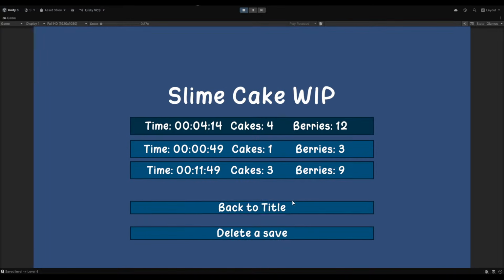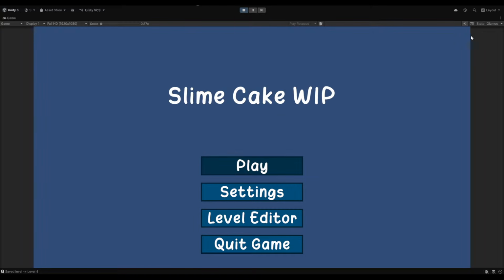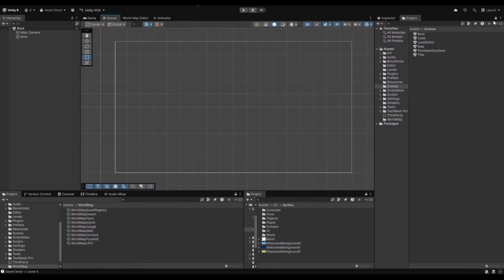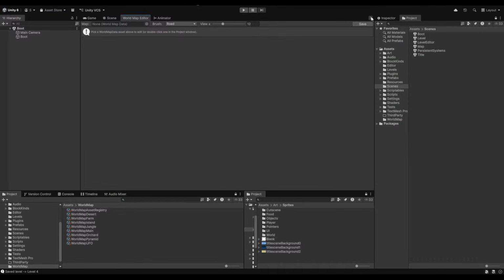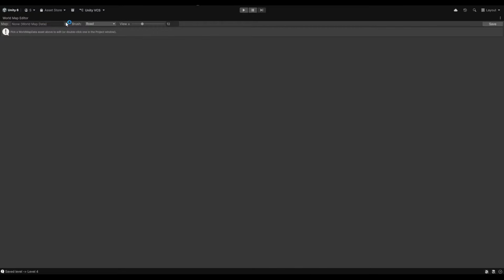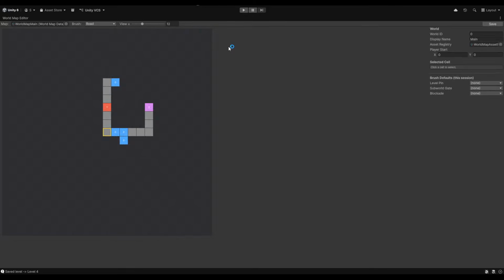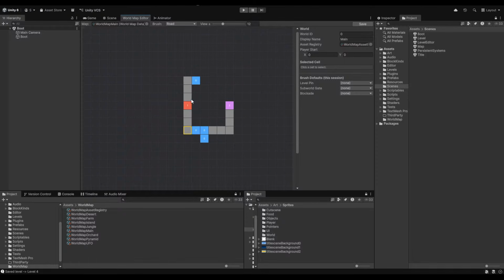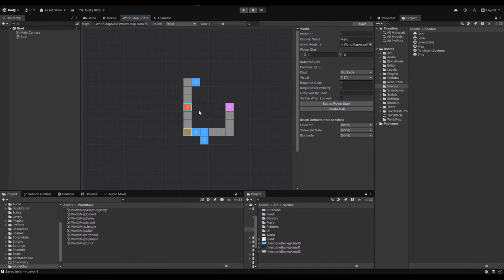Oh, I didn't show one thing. And this is, I think I can just pause. I do want to go to the world map editor here and let's maximize. This is selected from my world map files I've made, which are all scriptable objects. Just go to world map main and we can literally see a system here. Let's actually not maximize this. There we go. Yeah, here we go. World map. And I have done this to at least make it easier to edit the world map. So hopefully this is not too bad. It is a bit ghetto.